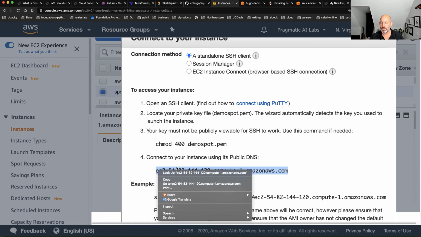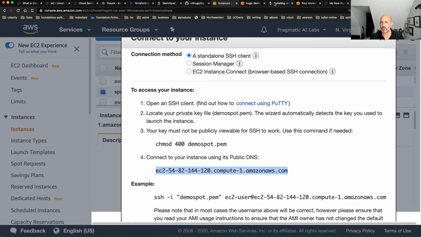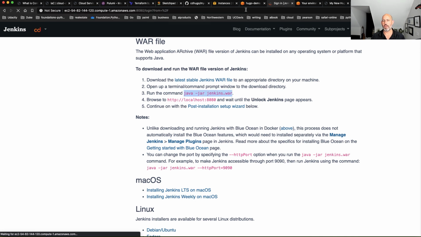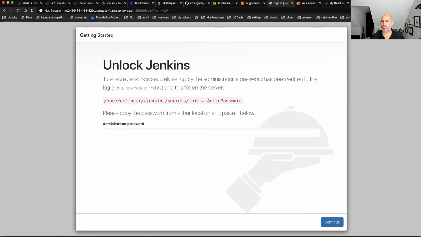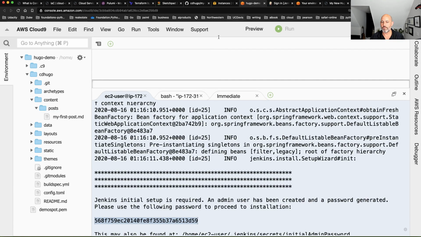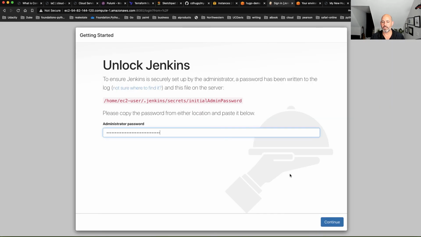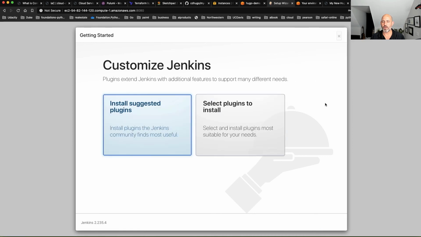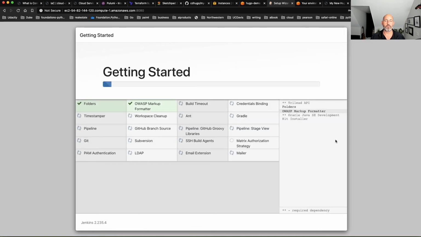So I'm going to go here, first copy this, go to here, and then go to port 8080, like that. And now I've got Jenkins set up. And I can go back to my file here, this little key password, toss that in there, and then this just sets things up initially. Install the plugins, and it'll go through and set it up.